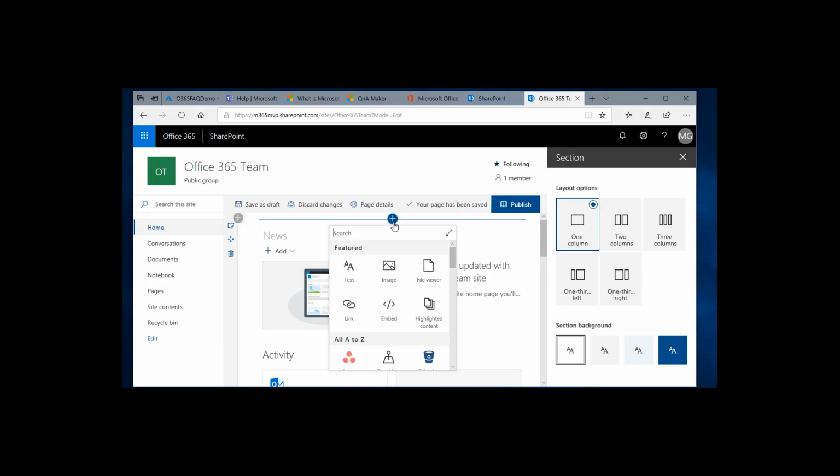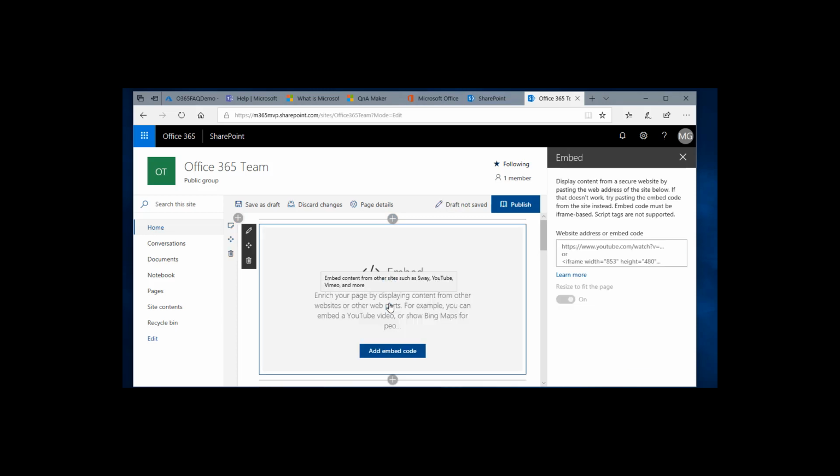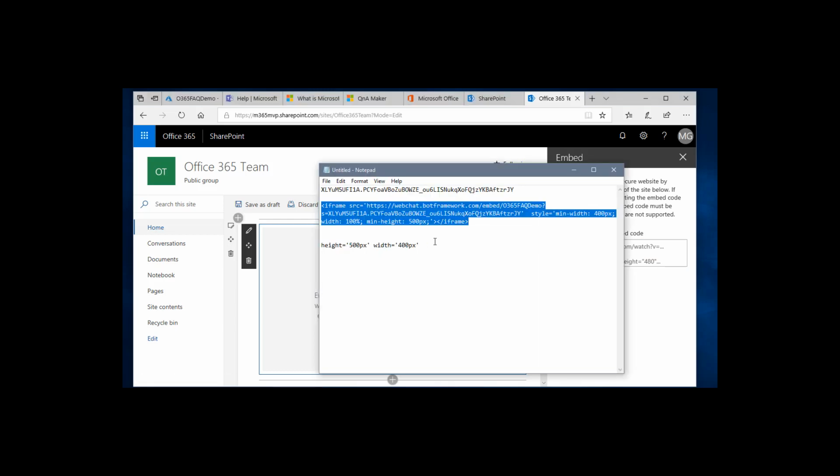And now I want to go ahead and add my embed web part. So I clicked on the plus sign, and now right over here I can copy and paste my iframe code. But wait, something keeps happening. It's not sticking. In other words, it's not saving. So when I paste that from my Notepad, what I learned